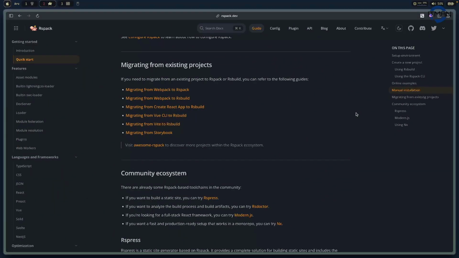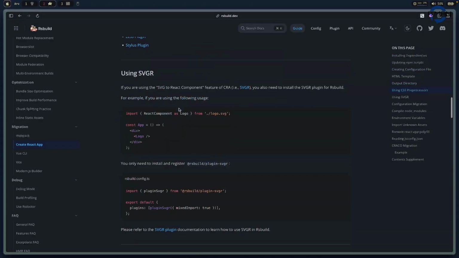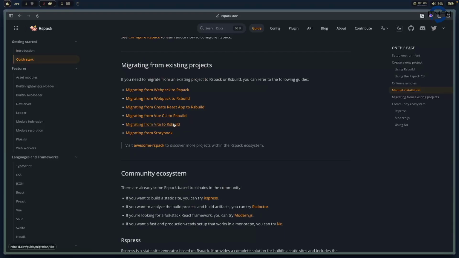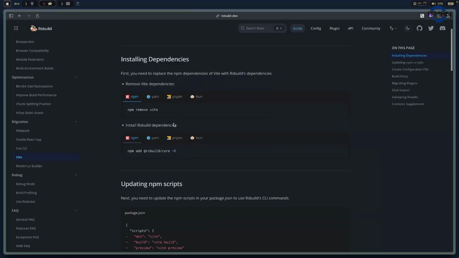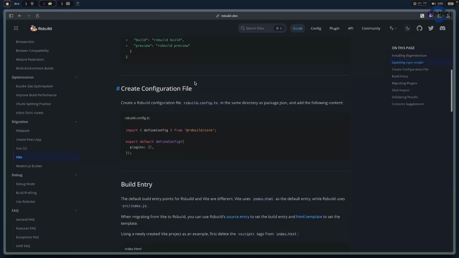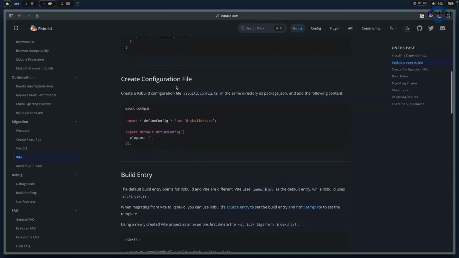One more thing about this tool here, if you want to migrate, they also have very good documentation for you. For example, if you want to move from Create React App to Rsbuild, there's one document for you, step by step. You can follow along, or if you want to migrate from Vite, they also have that documentation. So basically, you can just remove Vite, install the Rsbuild core, and of course, you need to have a new configuration,